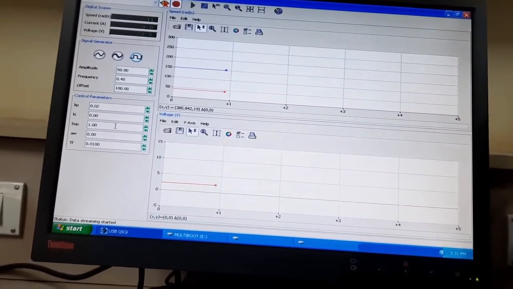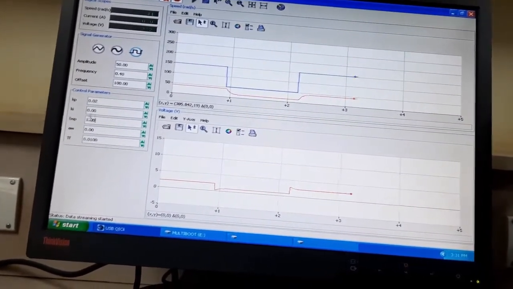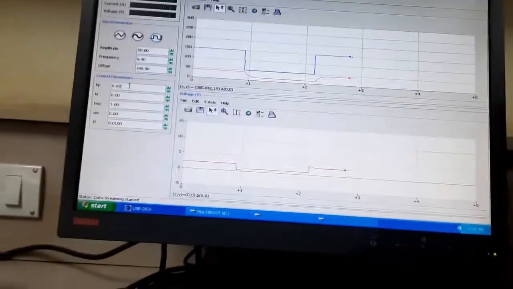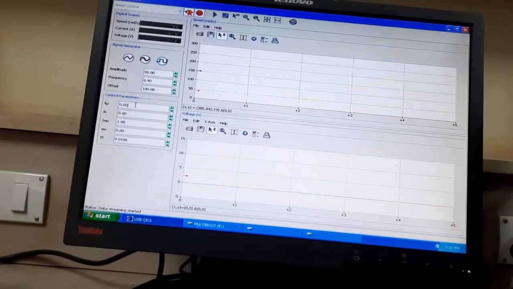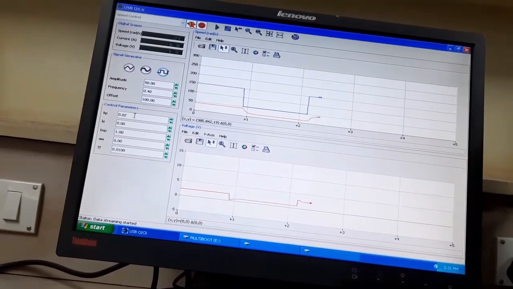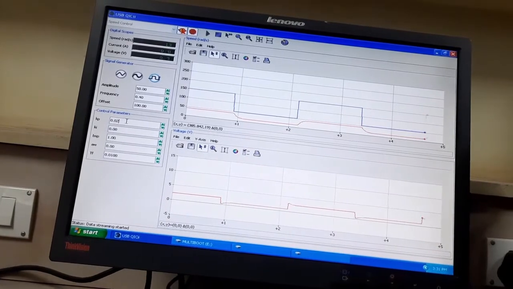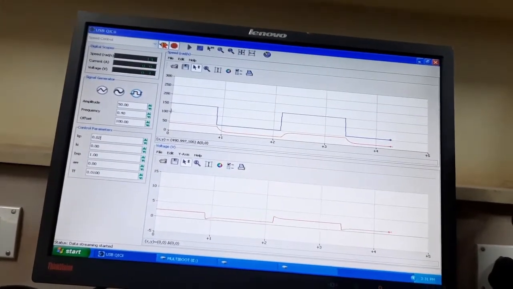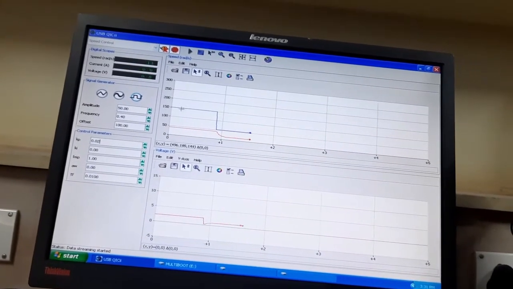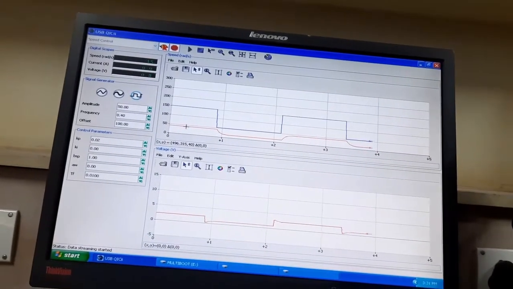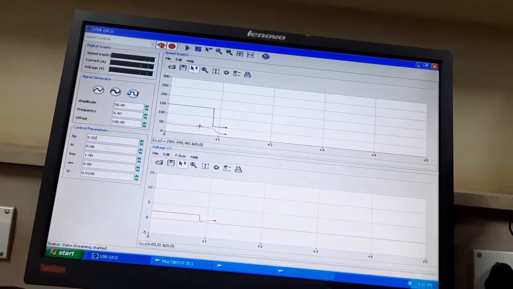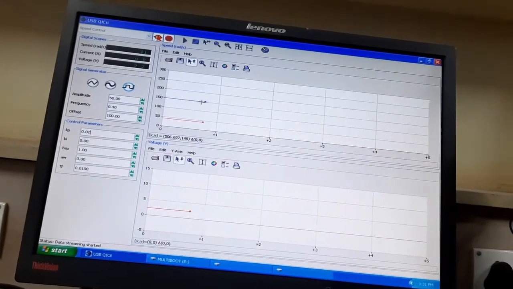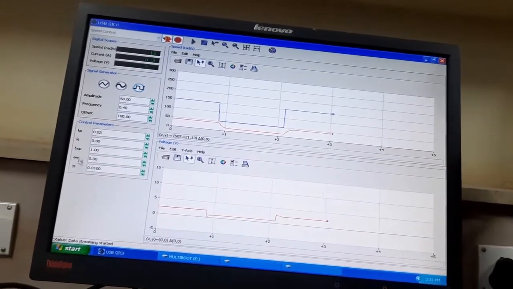So now we will increase this Kp in steps to obtain our sustained oscillation. This response will track this reference, the blue one.